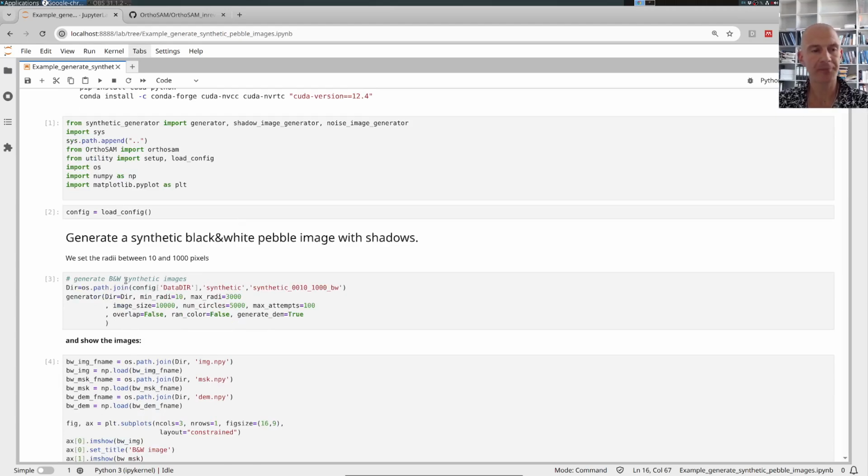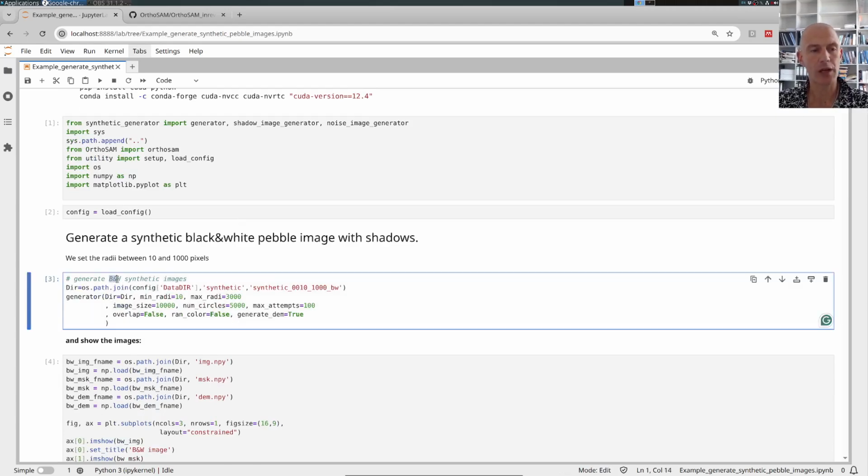So the first test that we did is using black and white synthetic images, and the way that the generator works is that we set a minimum radius in pixels and a maximum radius, and then we define the image size. So this will be a 10,000 by 10,000 pixel image, so that will be a larger orthomosaic, and then the numbers of circles that we would like to place and how often we would like to try to place those circles. We don't allow any overlap of the